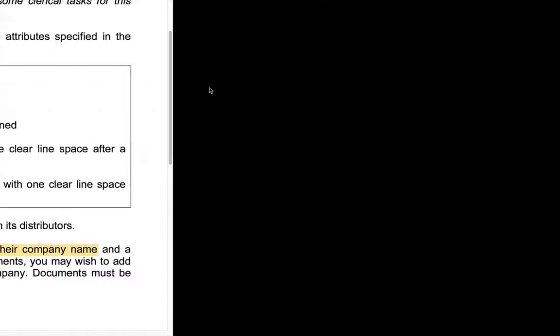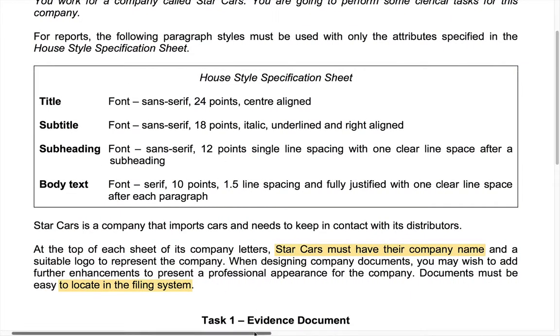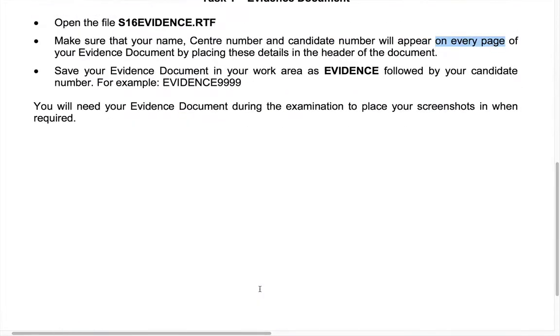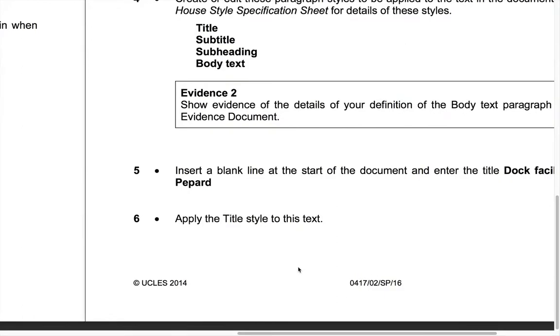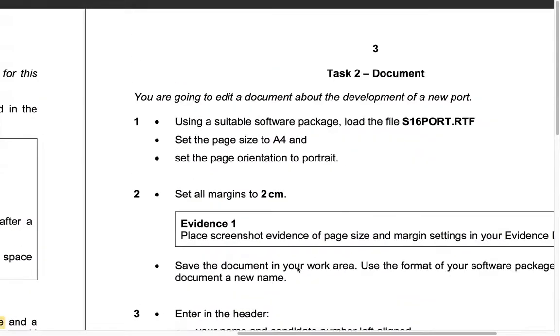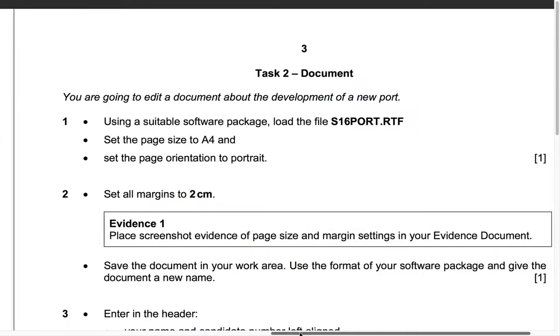Now, guys, moving on to the next question. So, we now start with question 1. Okay, so you're going to edit a document about the development of a new port, using a suitable software package, load the file